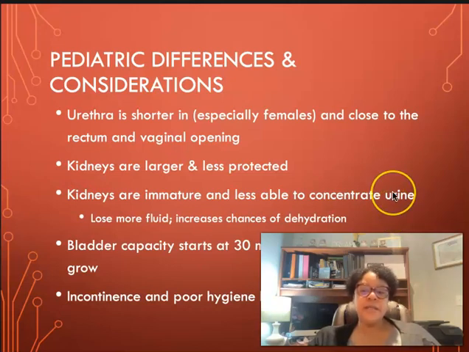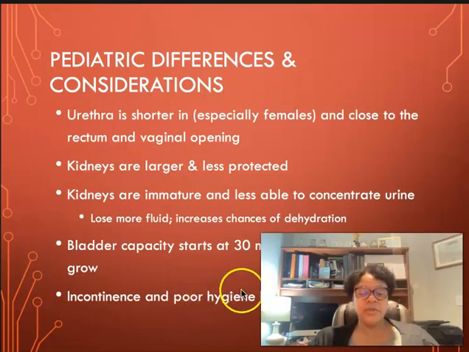The bladder capacity usually starts around 30 milliliters for an infant. And then it can increase as large as 500 to 1,000 milliliters capacity as they grow into adolescence, which is also considered adulthood. Some of the issues that children have to deal with are being incontinent or having poor hygiene habits,